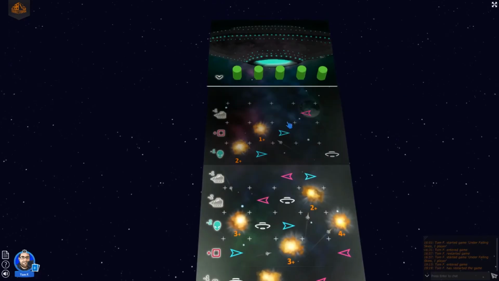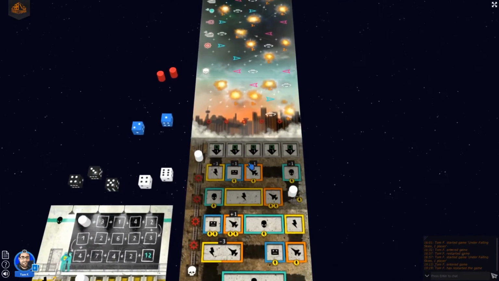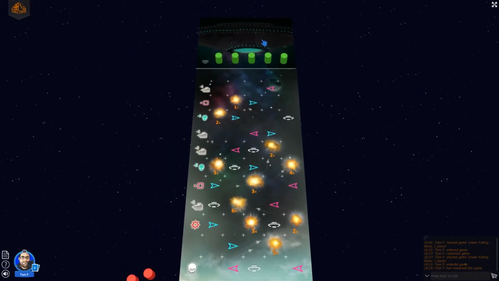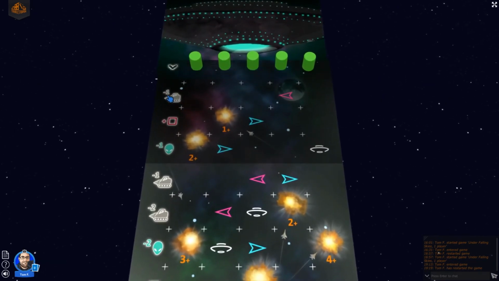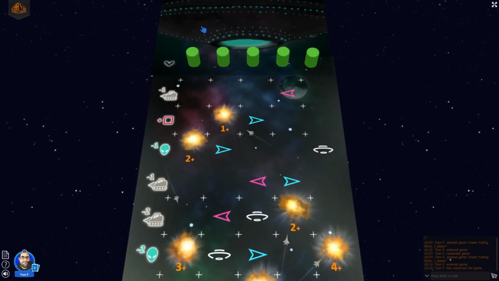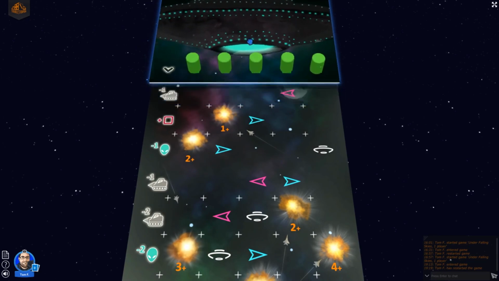And then at the end, once we get all the rooms done, the mothership will move down 1 space. Then the next time you will resolve the icon that is directly below. So the first turn, nothing's going to happen. After that, however,